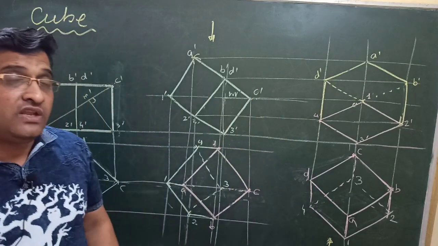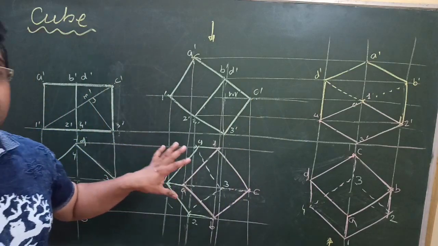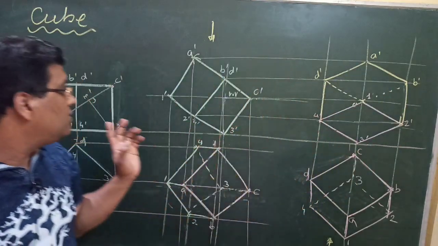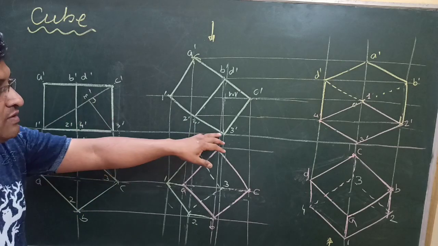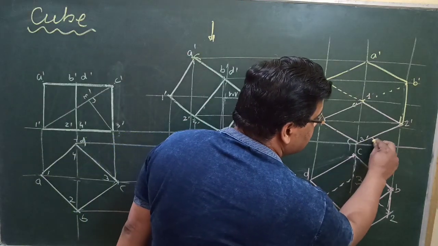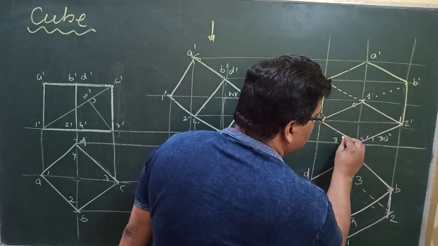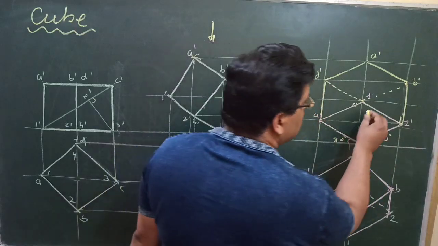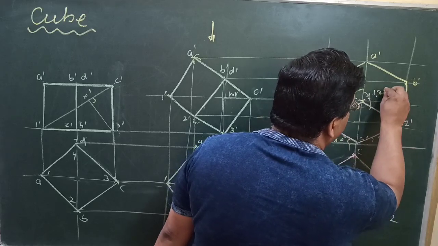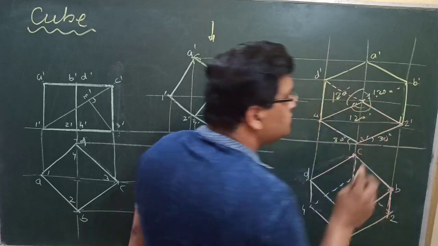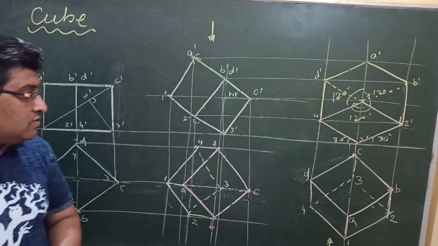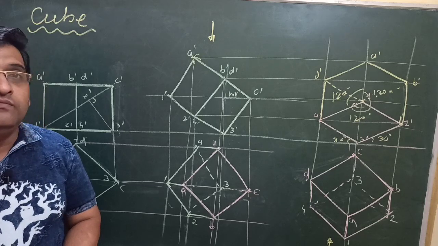Now let me tell you, this is the basis of isometric projections. This diagram is an isometric projection of a cube which is placed on HP with one of its corners and tilted in such a manner that all these lines make a 30-degree angle with the horizontal line and these axes are at an angle of 120 degrees with each other. This we will discuss in the topic of isometric projection when it comes up. So this is all about this specific problem. Thanks for watching.